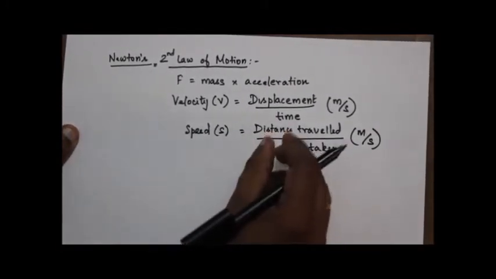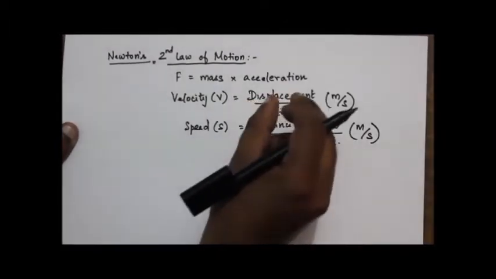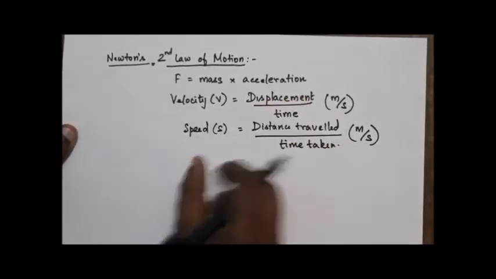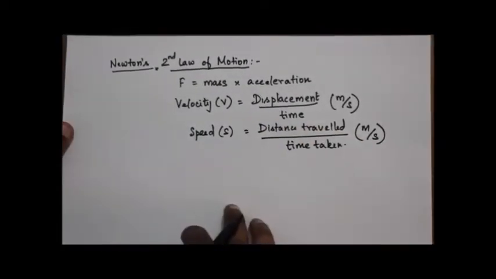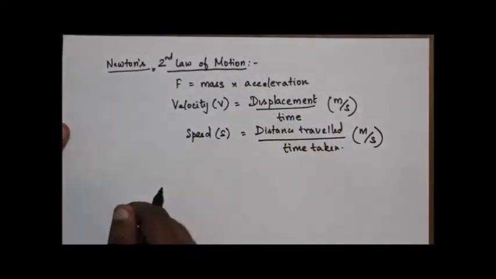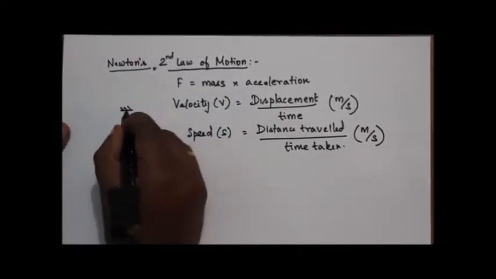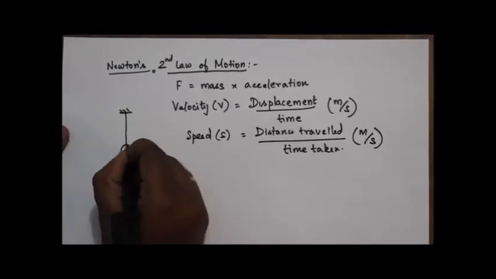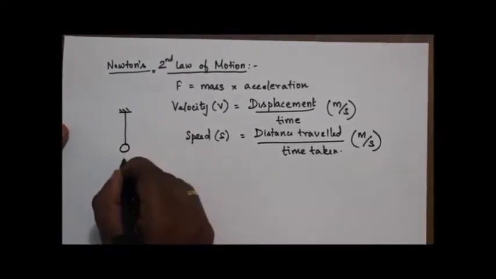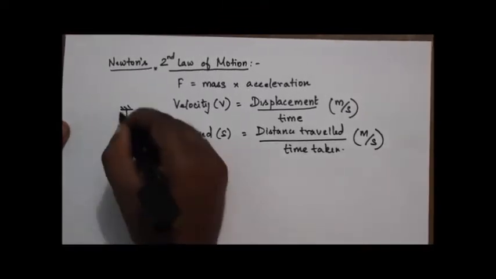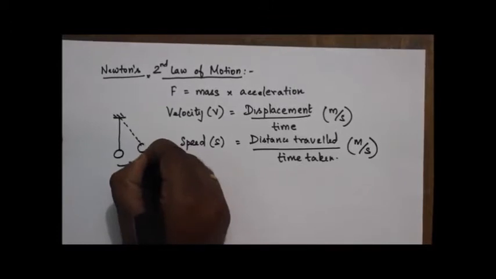So what is the basic difference between speed and velocity? Velocity is measured in terms of displacement, whereas speed is measured in terms of distance. So what is displacement and distance? There is a very simple example. You have a pendulum which is in its mean position. Now you are oscillating the pendulum in one direction, and after some time t, the pendulum would have reached